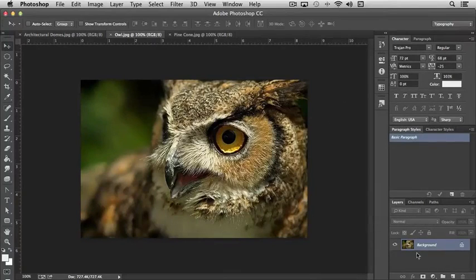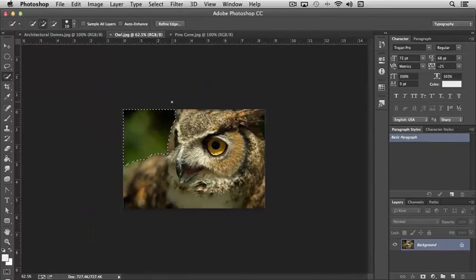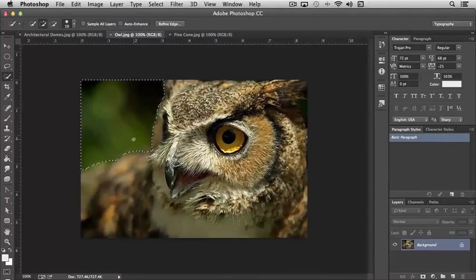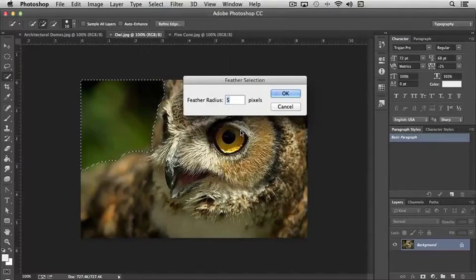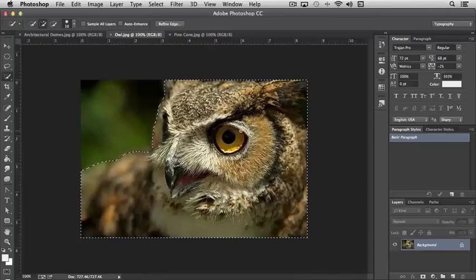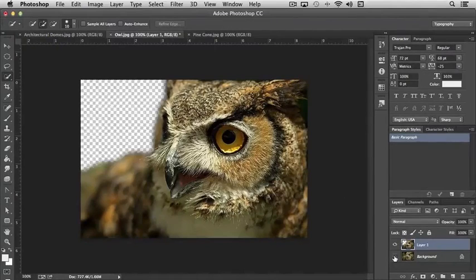Like, for instance, let me take a quick silhouette. Probably the easiest way to do that in this case would be to use the quick selection tool. I'm just going to do this really quick so you can see how it works, since this particular area is not a demonstration on the quick select tool. Okay, so I have basically the green selected. I'm going to feather the selection slightly, and then Control Shift I to invert it, and then Control C to copy, Control V to paste. So you notice that we now have the background gone